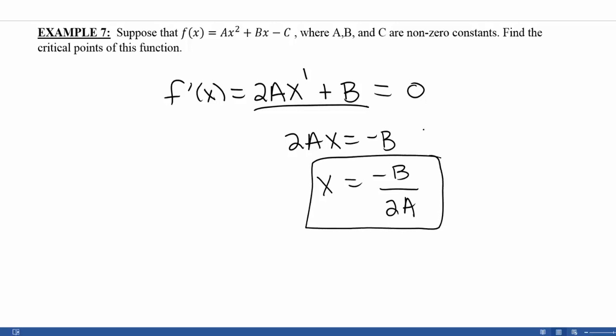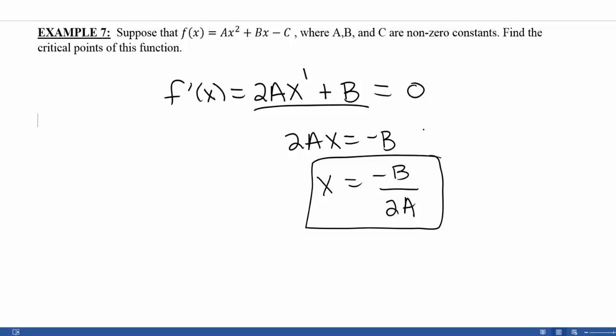So that is going to be where my critical point is, which means I can vary a and b for different polynomials, and I'll always know where the critical point is because I can plug the a and the b into this formula. It's a nice way to find a general place that we're going to have a critical point. And it's something, again, that we can do because we know about derivatives and because now we know about critical